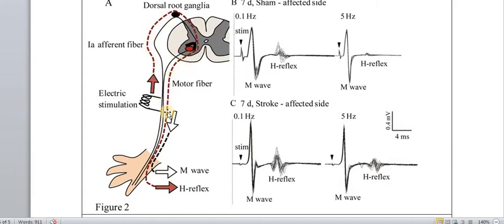Now you know this area is inside the body. This is your spine. So these are the areas which cannot be directly stimulated, because nearer to the spine you cannot do. So you stimulate it at a peripheral muscle area.